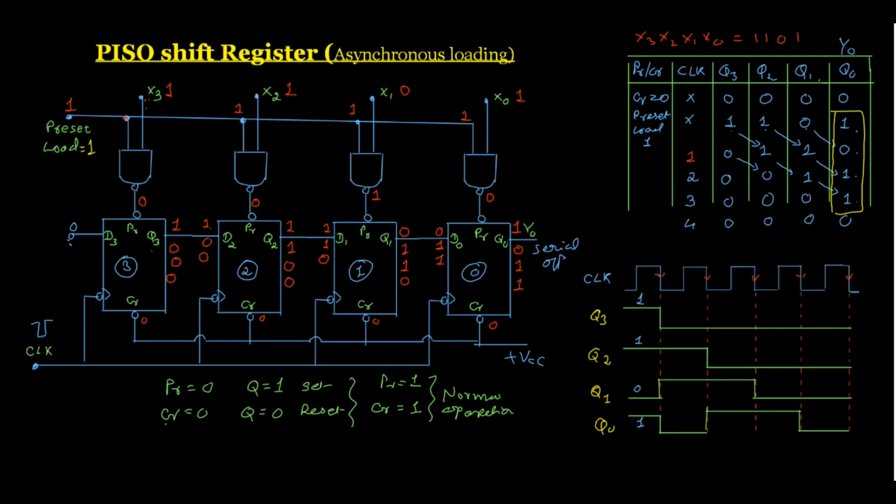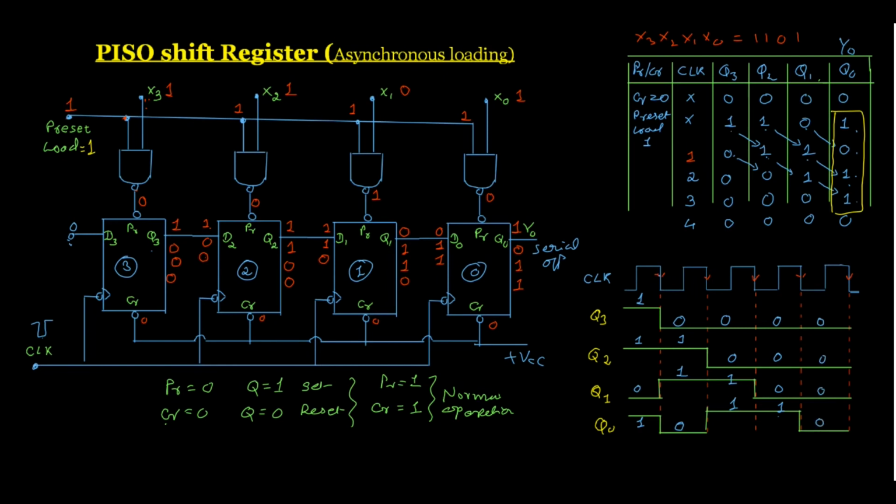Then the negative edge is coming, then the data becomes 0. Q3 is now 0. The Q2 is 1, that you can see. Then the Q1 is 1 and this is 0. With this third negative edge, here if you see, it is 0, 0, 1, 1. With the fourth negative edge, 0, 0, 0 and 1. And then we see that the SIP register is reset, 0, 0, 0.